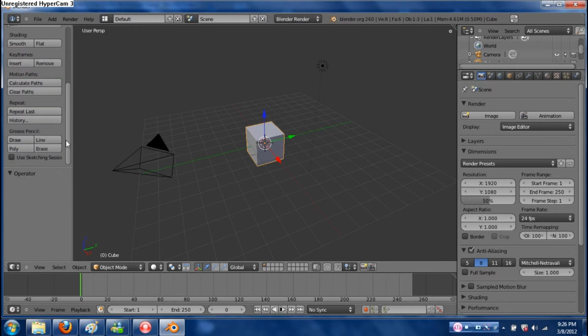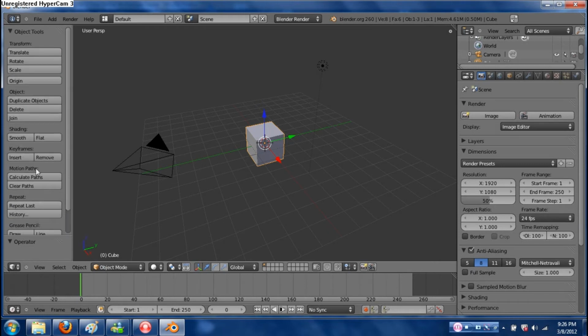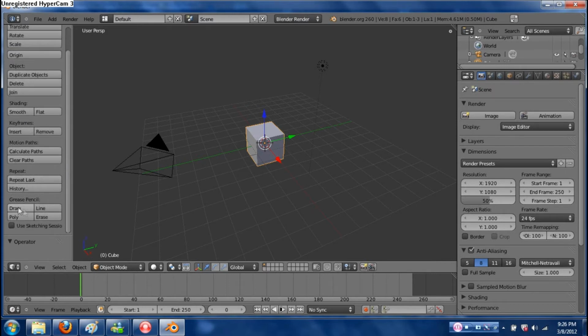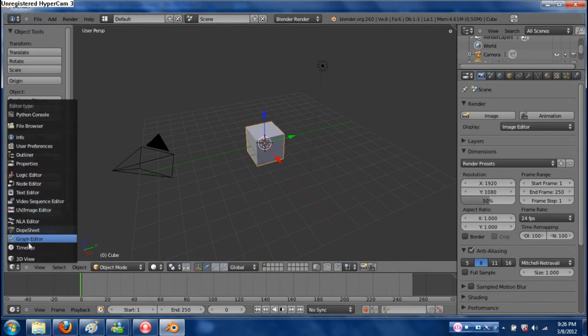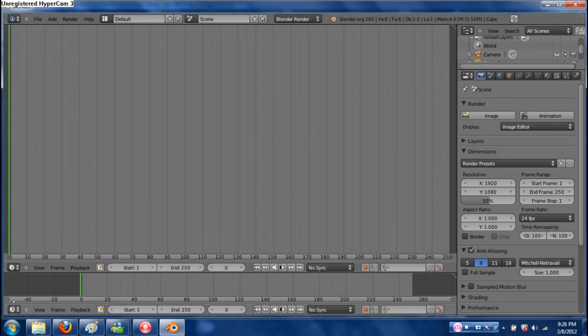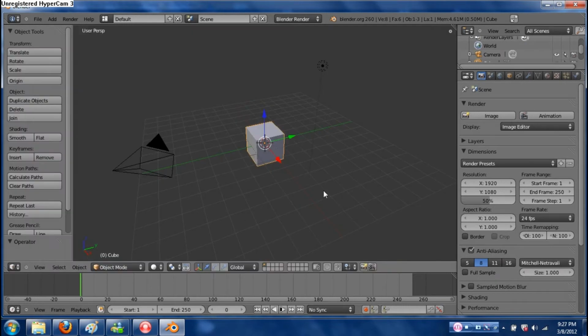Over here you have some really simple object tools. So again, scoot this down. I don't like using these very much. The only one I like to use over here is smooth and flat, and occasionally there will be a button that says remove doubles that's helpful for other things. You can change these buttons around. Like if I wanted the timeline at the top, I could click on this one, with the timeline. I got a big timeline there, and then switch this from the 3D view. Not too interested in doing that right now though.